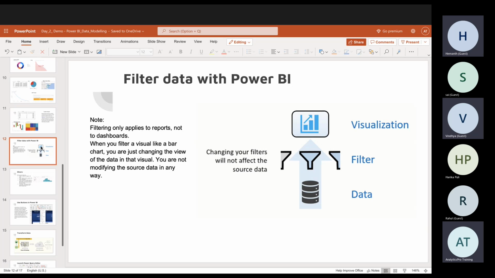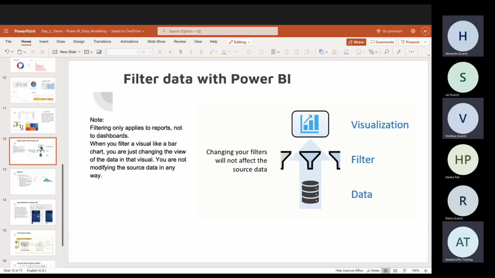So filter data with Power BI. You want to filter the data within your Power BI, yes, but you always think it, right? Let us suppose you are trying to pull some data which is India's data.